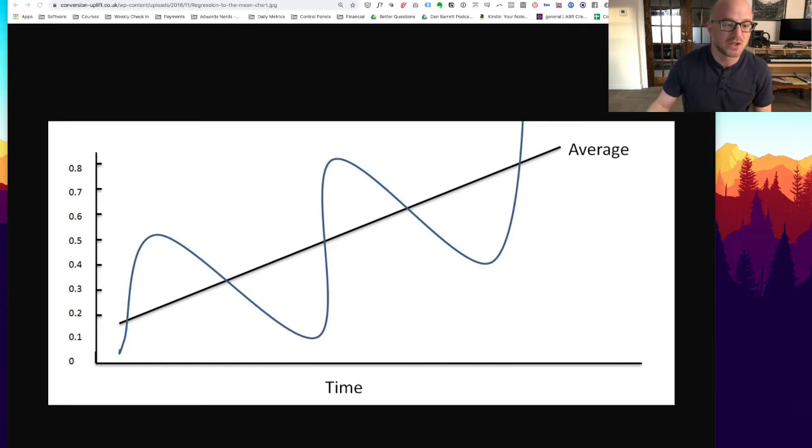We have this chart here where it's like, okay, cool, I had a really great result, and it tends to regress to the mean. You go below, and then it goes high, and every time I go particularly low or particularly high, I become statistically more likely to get closer to the average the next time I measure it. What does this mean for you as a real estate investor? I'm going to relate this to online marketing in two ways that you can actually use today to profoundly change how you do your marketing.